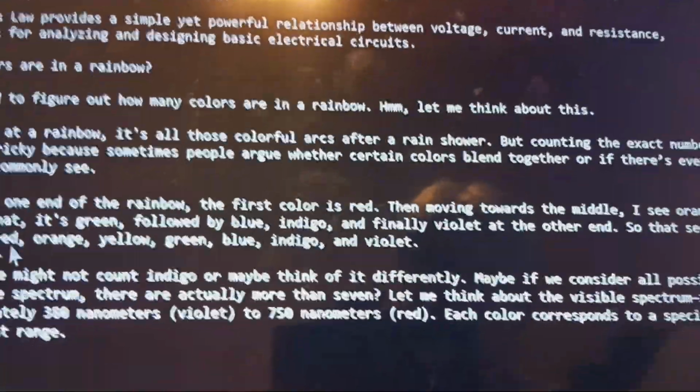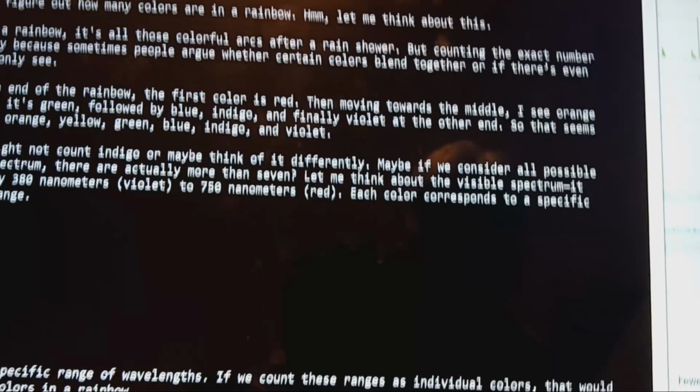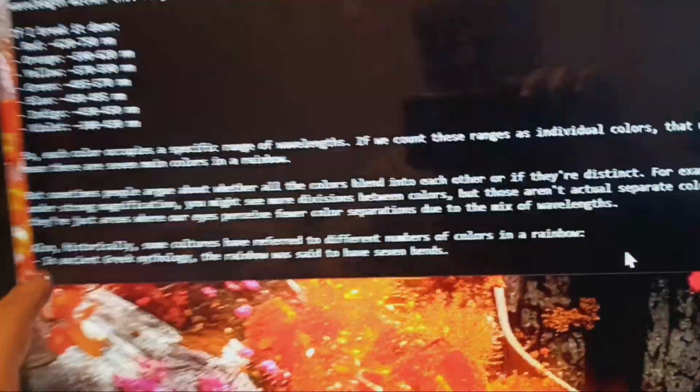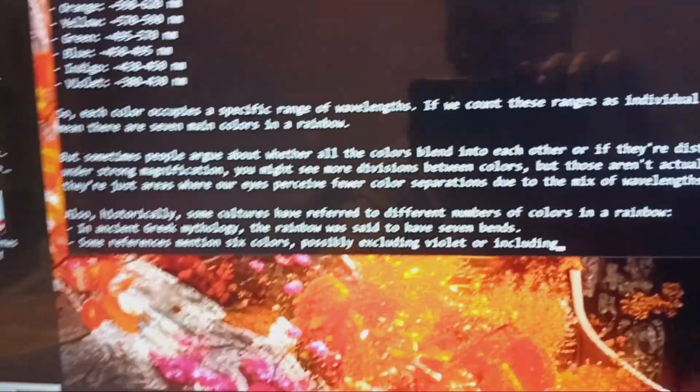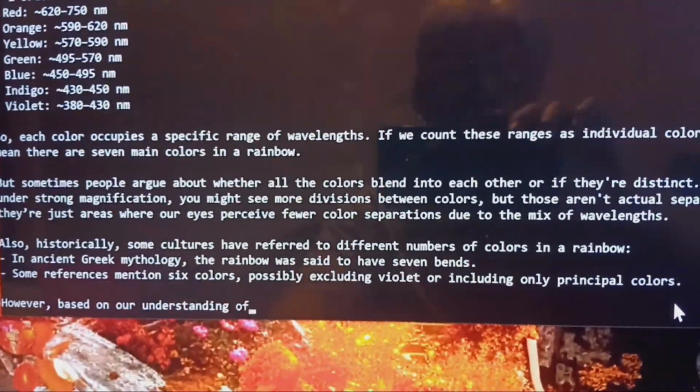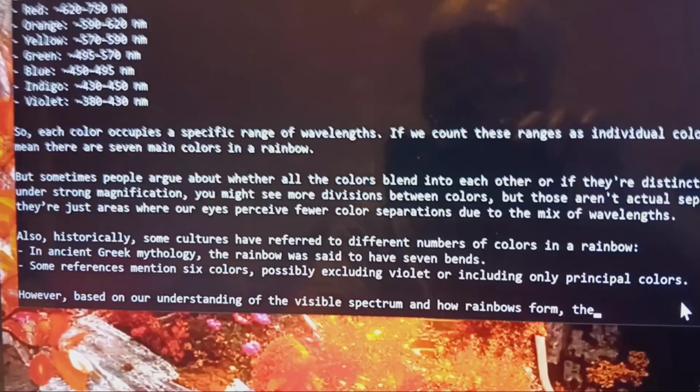But it goes into the detail that there are more colors. There's actually a blending. Look how much information it's typing. Look at that, just to answer that question. Okay, we'll let it go. It's even talking about how in ancient Greek mythology, the rainbow was said to have 7 bands. And